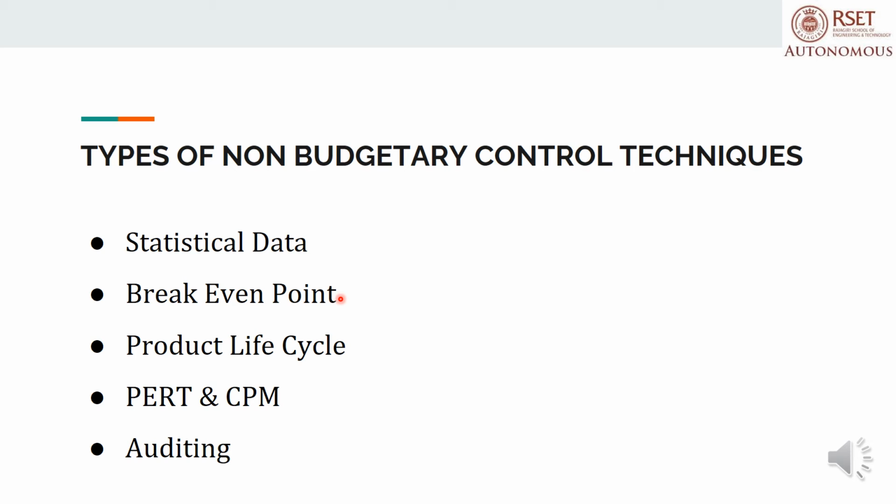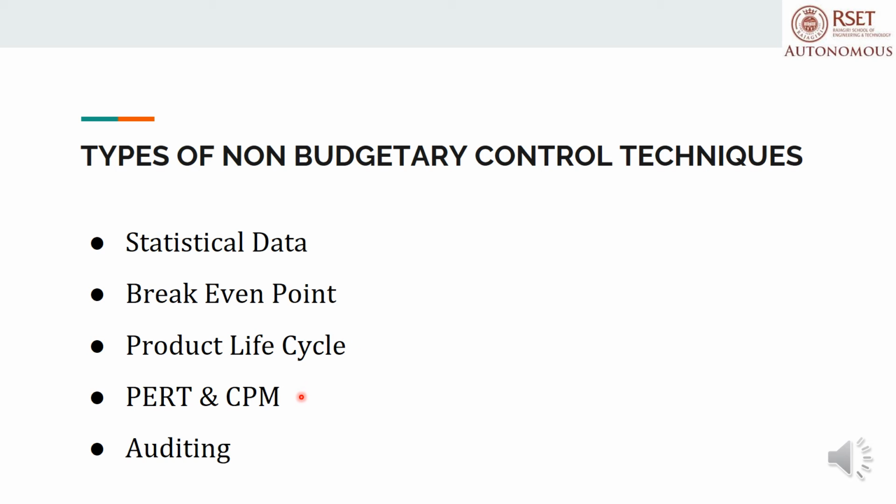Product life cycle. A product life cycle is the amount of time a product goes from being introduced into the market until it's taken off the shelves. There are 4 major stages in a product's life cycle, that is introduction, growth, maturity, and decline. The concept of product life cycle helps inform business decision making from pricing and promotion to expansion and cost cutting.